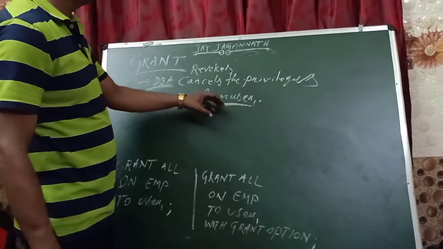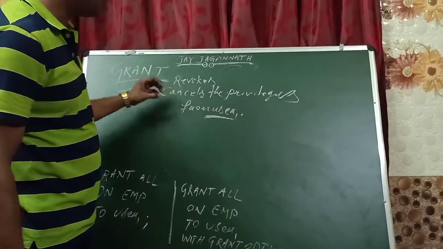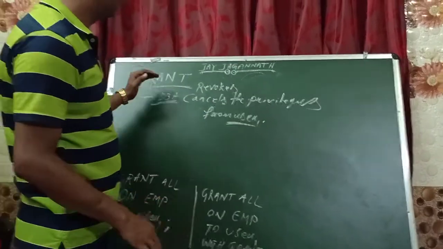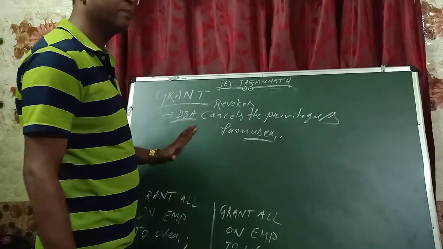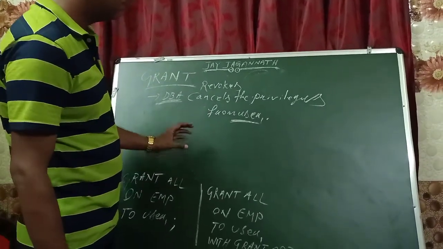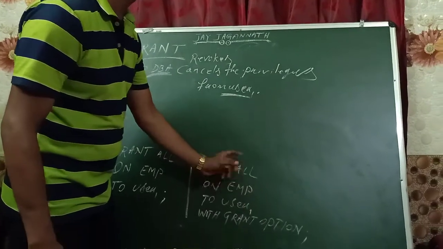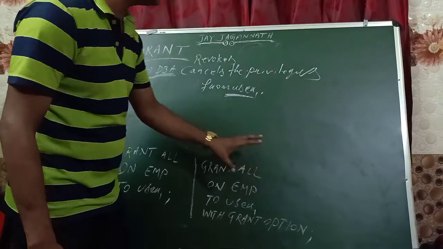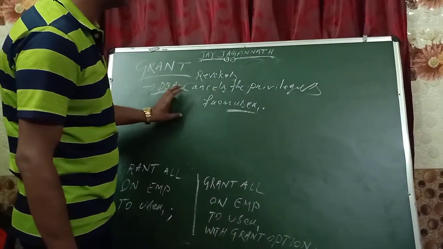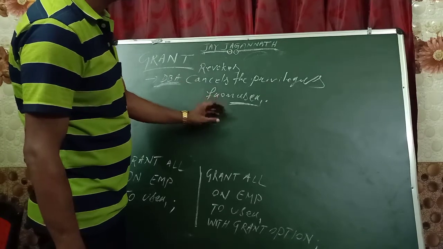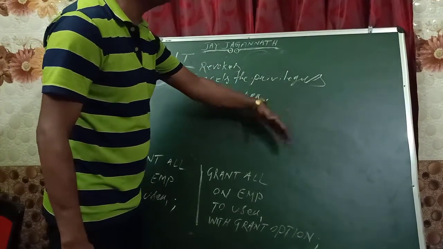It means that the permissions or privileges which were given to user 1 are cancelled, discarded, returned back by the DBA. But user 1 provides some privilege to user 2. It means that the DBA cannot revoke the privileges from user 2 which are provided by